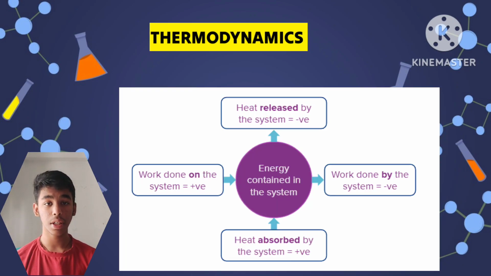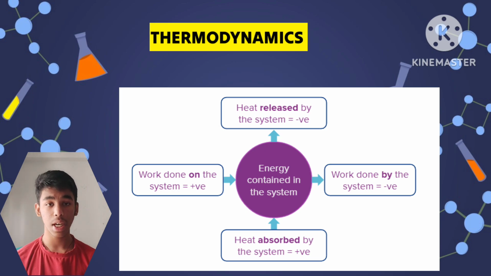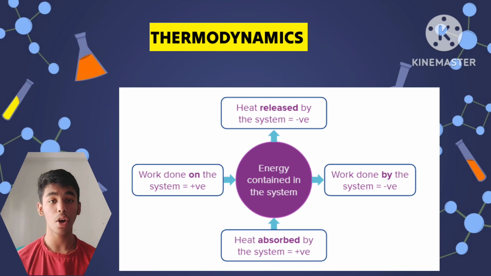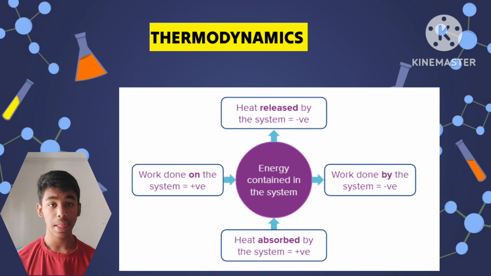We also need to learn the IUPAC sign conventions. These are the conventions given by the IUPAC for the work done or the energy given to the system. If you give some energy to the system, it will gain that much energy. So the energy given to the system is positive and the energy given out by the system is negative. The work done by the system on the surroundings means that the system is losing some energy. So the work done by the system on the surroundings is negative, and the work done by the surroundings on the system is positive. Now we know about the sign conventions.